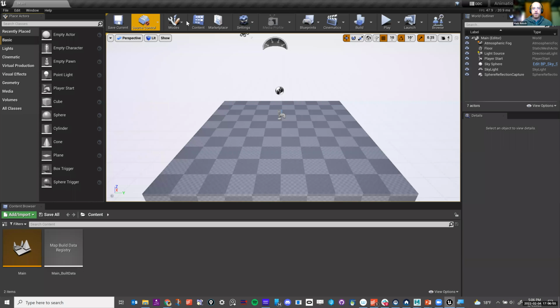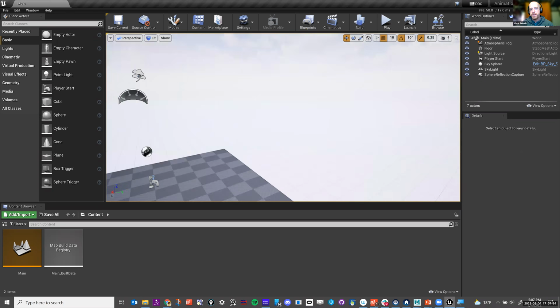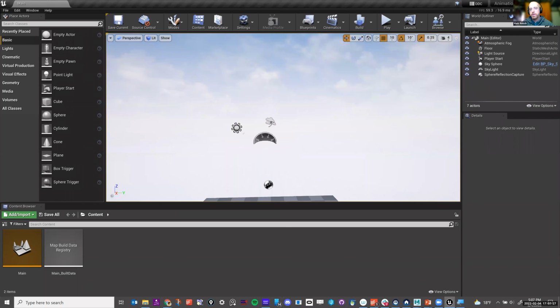You have some other buttons up here that we'll use. We'll use the cinematics one so that we can make a timeline and then export out our animation into a render. Then we have the world outliner, which is over here, and this is all of the stuff that is in our scene. Currently we have an atmospheric fog. If you want to move around in Unreal, holding the right mouse button will let you look around.